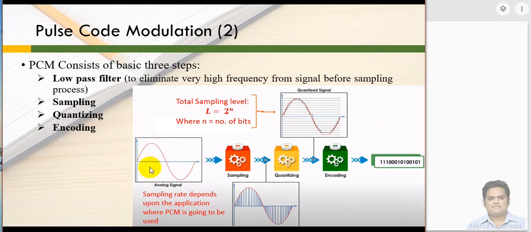That is what we have discussed. Eventually it will increase the bandwidth of the system, which is not a desirable criterion, right? But still, if you are increasing bandwidth and getting a quality signal, we don't mind. So even in today's world, we are using such techniques.